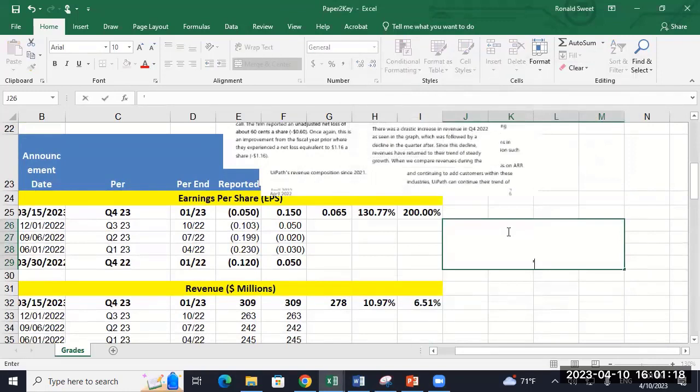So I'm going to just say, okay, UiPath reported adjusted earnings. Here I've got to say adjusted earnings because you notice their reported earnings was a loss of 5 cents, but their adjusted earnings was 15 cents. I know this column for adjusted earnings says COMP. That's comparable. Comparable is the same thing as adjusted earnings. So it probably would be good to explain why, but adjusted earnings of 15 cents, which